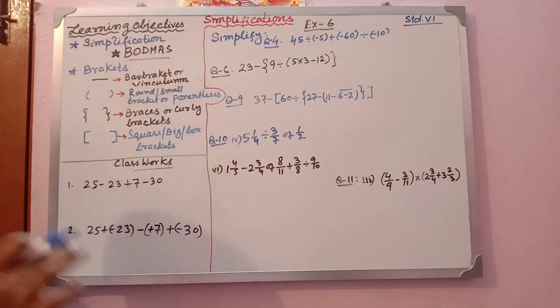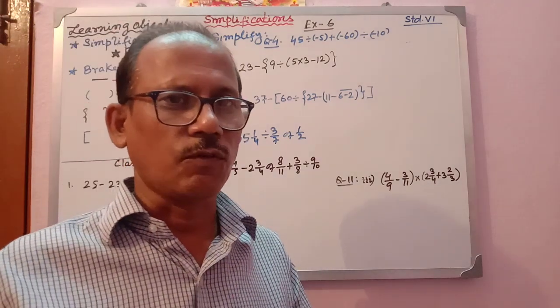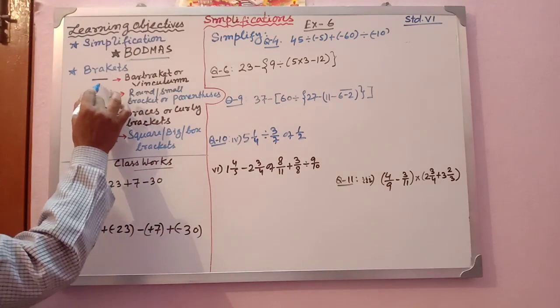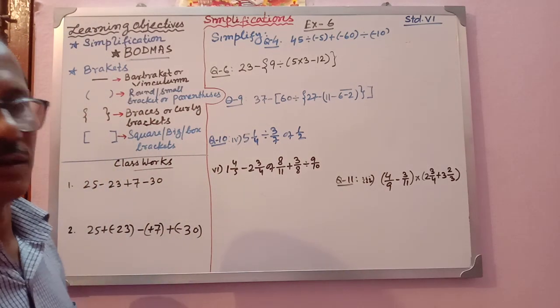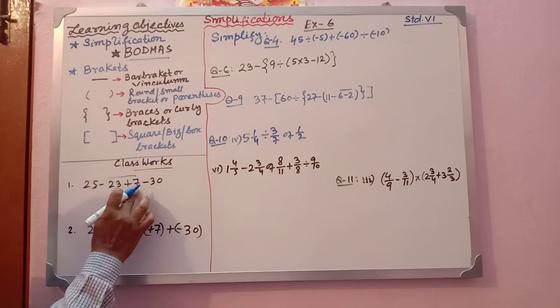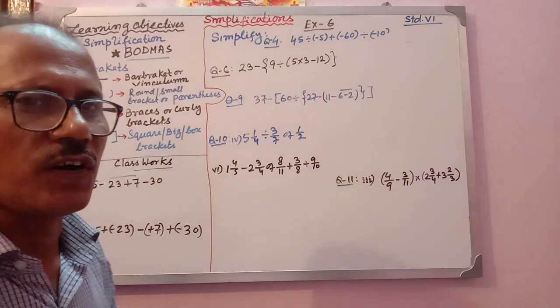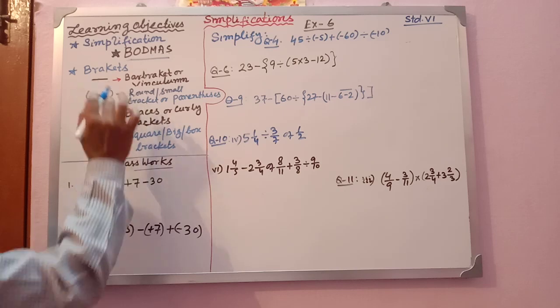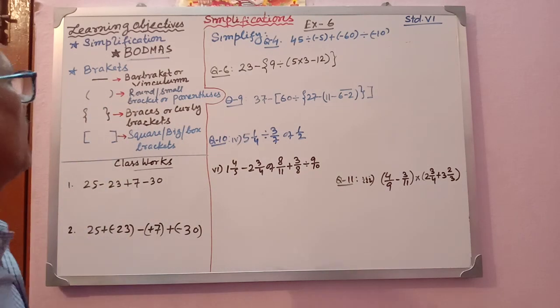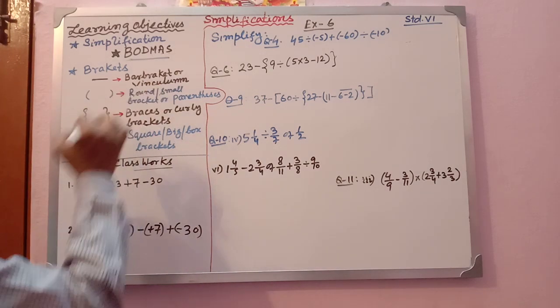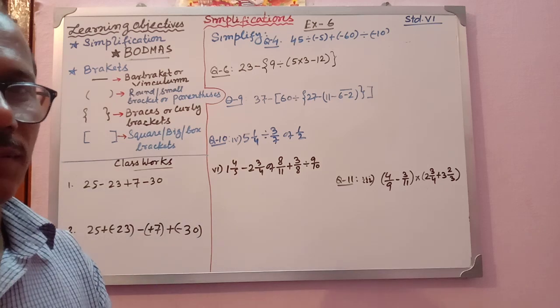But in the bracket also there are four kinds of brackets, mind it, and all four kinds of brackets also follow a sequence. What is the sequence? The first bracket is called line bracket or bar bracket. Over anything some bar is there. That means 23 plus 7 work has to be done first. In the bracket also, first work will be the bar bracket work. This sign over some digit or some part is called bar bracket or vinculum. Vinculum, you should know it because in objective questions it may come.